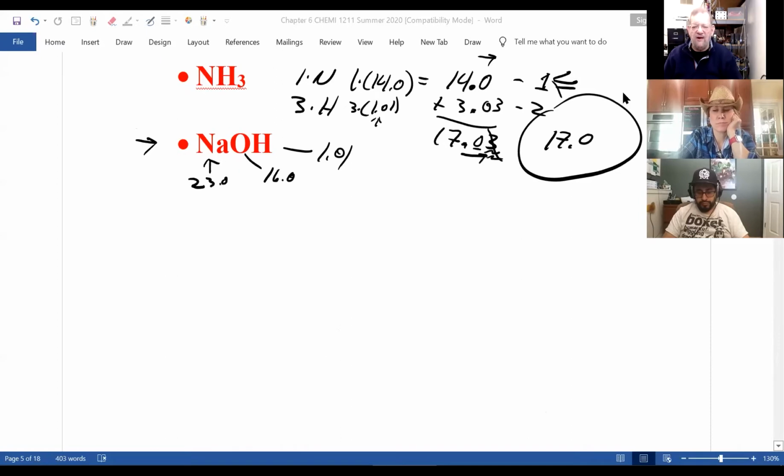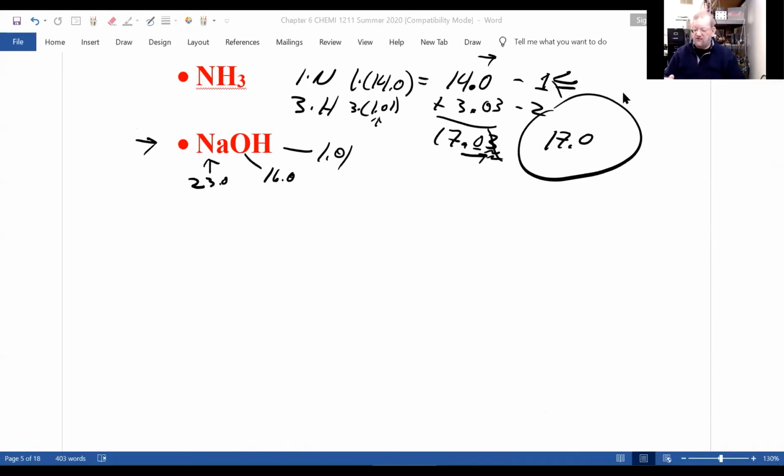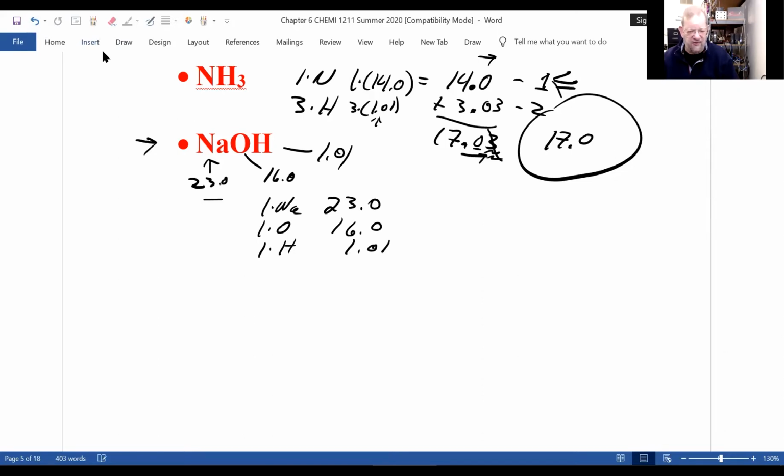What's the molecular weight? The molecular weight is the sum of all atomic weights, which you get from the periodic table. Well, there's one sodium, there's one oxygen, and there's one hydrogen. So I don't even have to multiply. This would be 23.0, 16.0, 1.01. And that adds up to